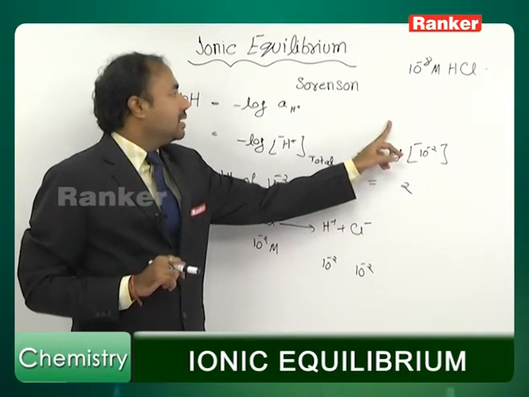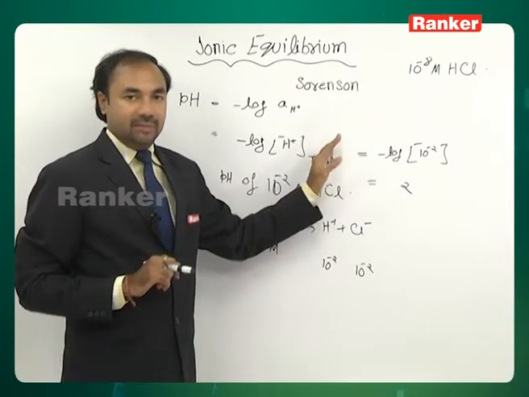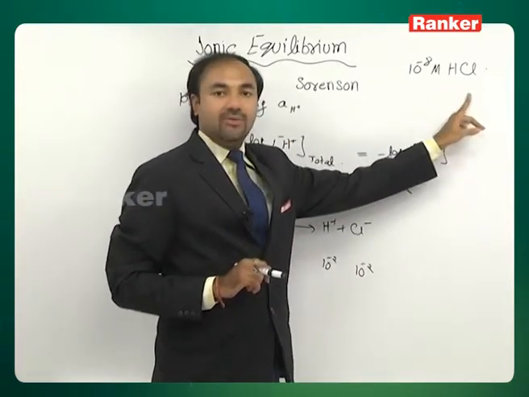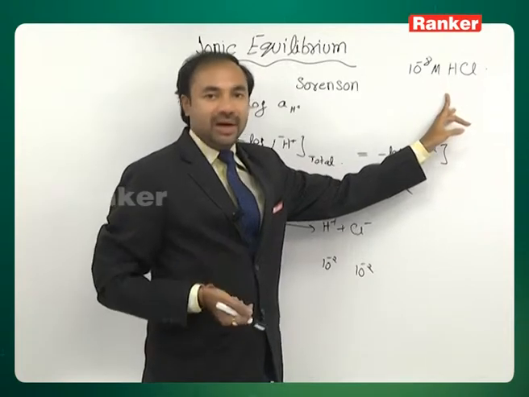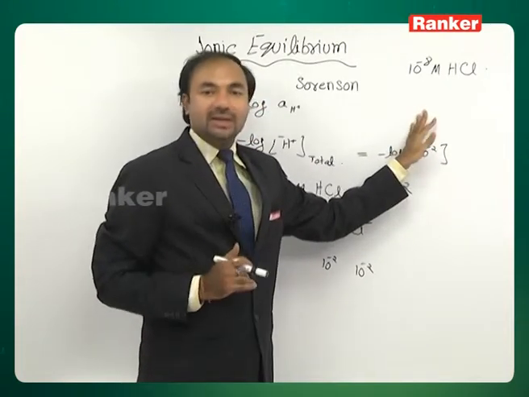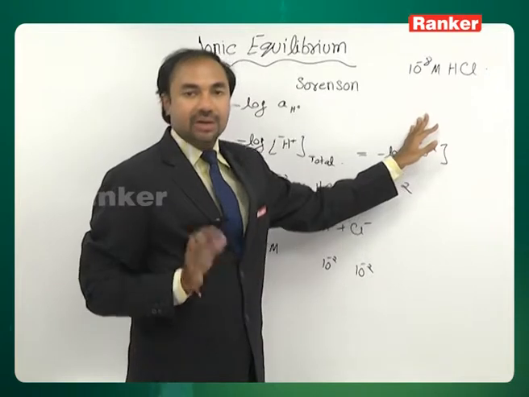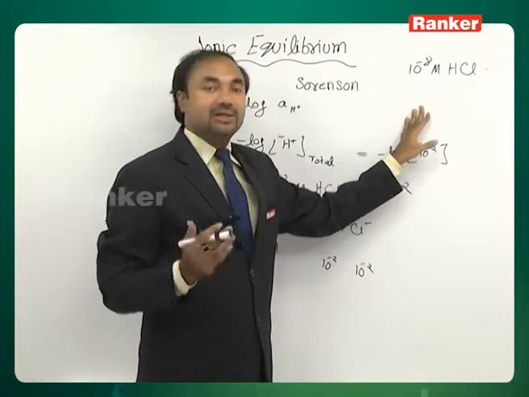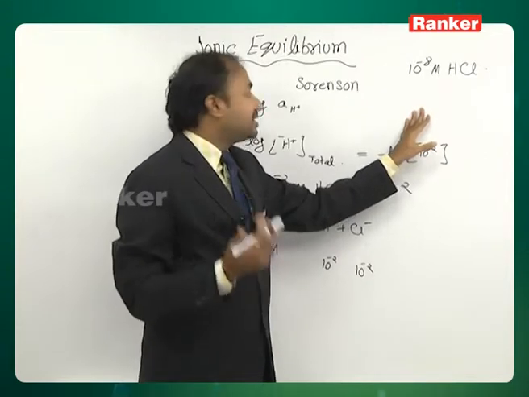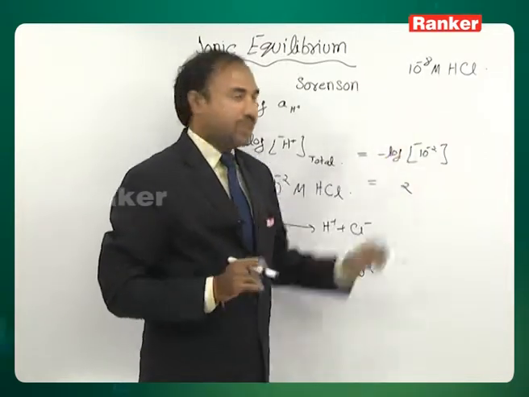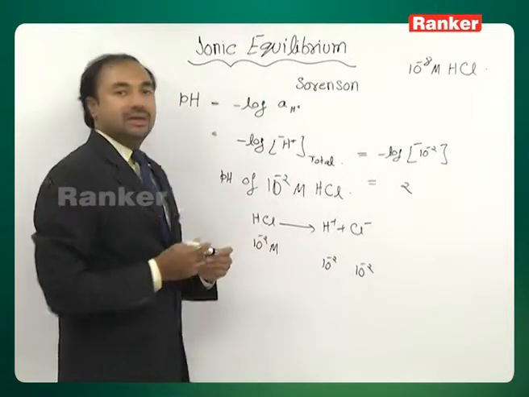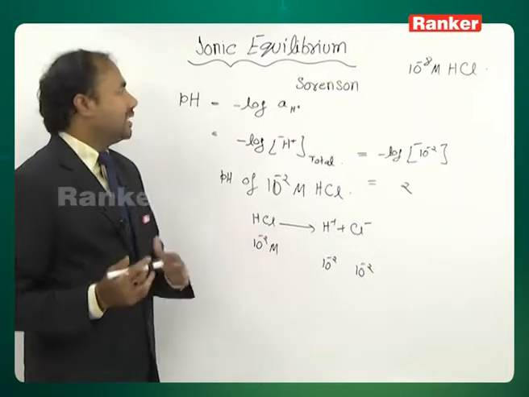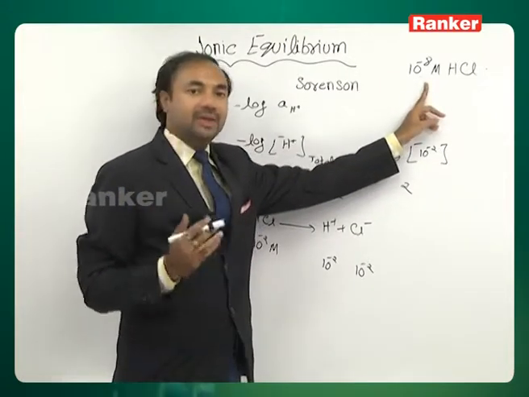But actually there is a pH scale which we get here, and if we say that pH of HCl solution will be 8, then this becomes impossible. Why? Because if at 25 degrees Celsius pH is more than 7, the solution is said to be basic. HCl, because of being an acid, it is impossible that we can have a basic solution for an acid. So, we now will understand the equilibrium of pure water at 25 degrees Celsius first. After that, we will come back to this problem here, and then we are going to solve it.